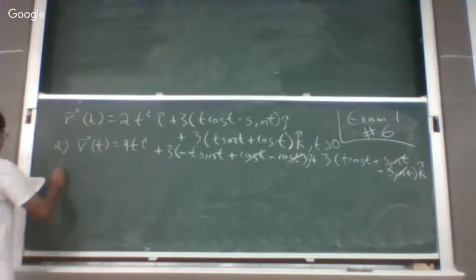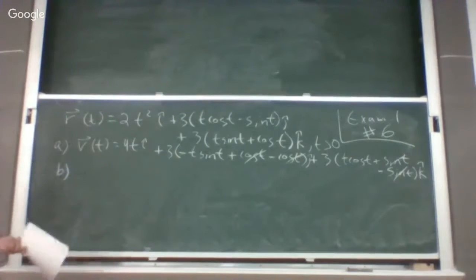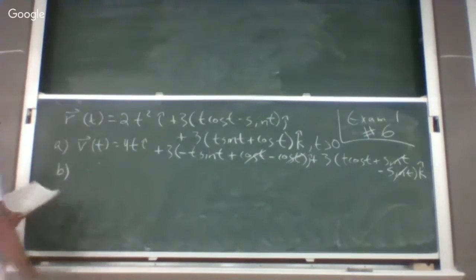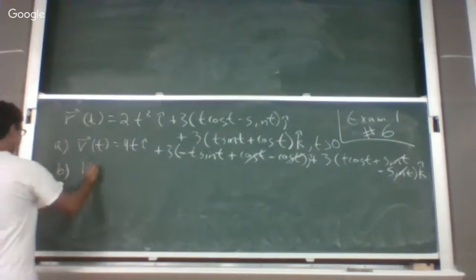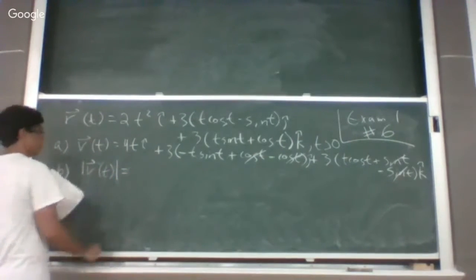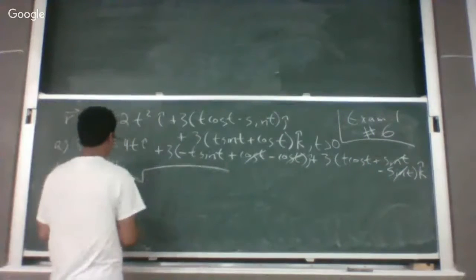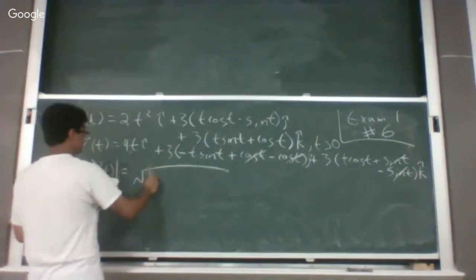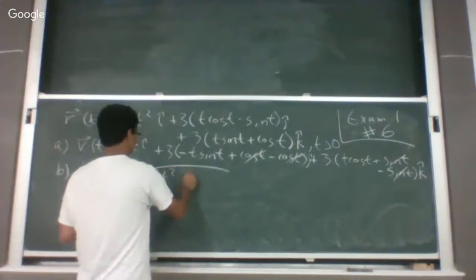Okay. So part B, any questions on this? That's just a derivative. Part B is the magnitude of velocity. That's the square root of each component squared. So 4t squared is 16t squared plus